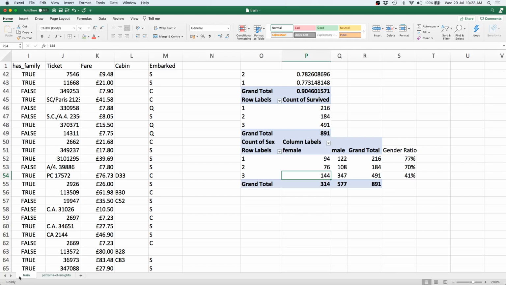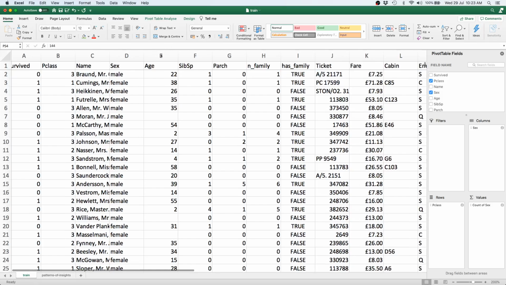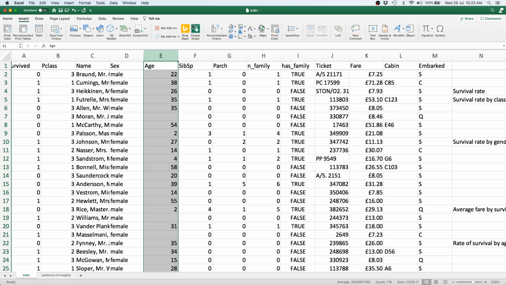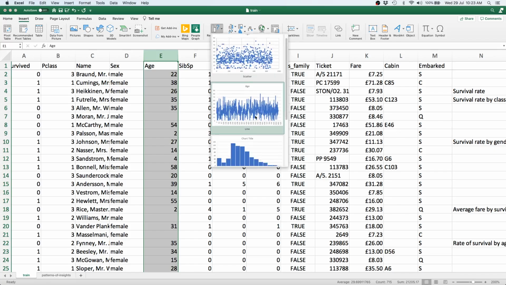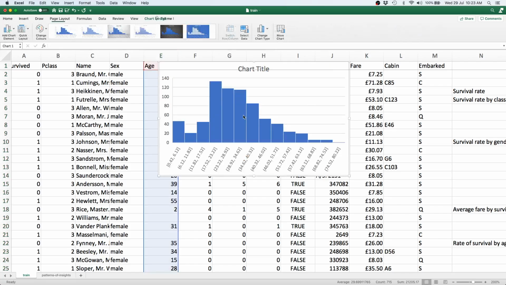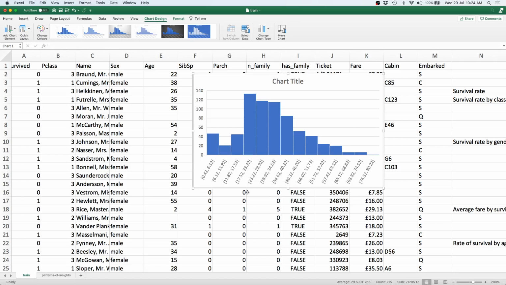One quick way to do that is to draw a histogram, and as we know, we can simply select a column and go to the Insert tab, where we are going to see a bunch of charts. Now let's take a look at recommended charts. Sometimes what you find is directly available in the recommended charts, and there it is. So we want to draw a histogram. What this tells us is that most people fell in this particular bucket, which is the age group of 17.5 to 23 years.